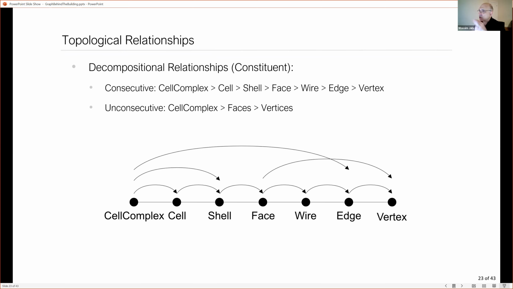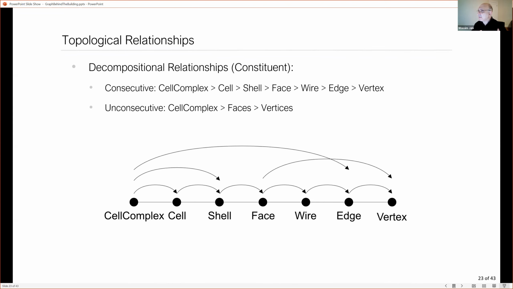But when you close that shell really nicely, it becomes a cell, and that's our basic unit of a space, of an enclosed space. But we don't make any determination what's inside. The inside could be concrete, could be air, could be void, could be whatever you want. It has an inside, that's a cell. And when you take these cells and connect them together, like soap bubbles, and they share faces, we call that a cell complex.